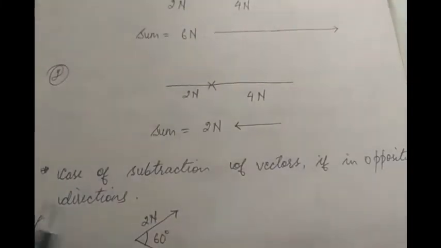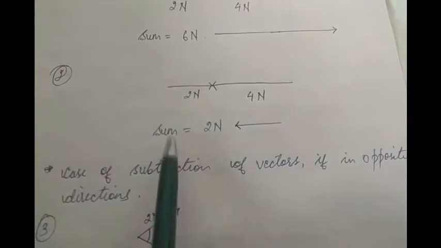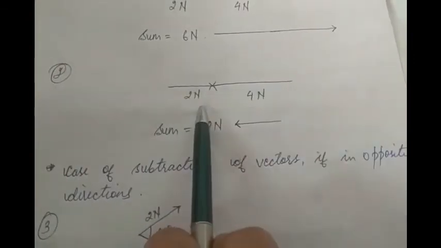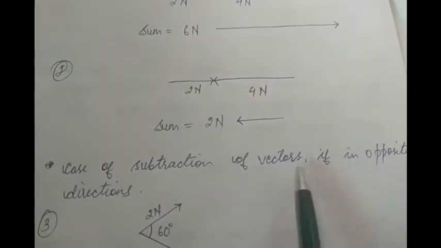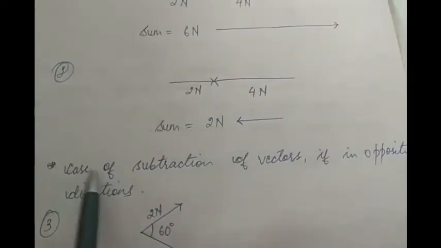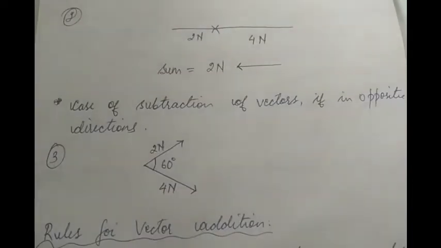Now, since we are saying sum of these two forces, although they are oppositely directed, this is a case of subtraction. When the vectors are in opposite direction, that is a case of subtraction. But of course, we know subtraction and addition are one and the same thing. Another thing,